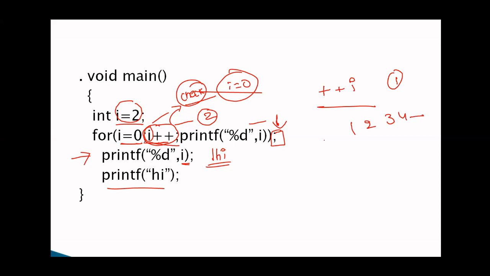When does it stop? It does not stop. Why? Because this is the pre-increment. Every non-zero number is true. The process is repeated. If it is a post increment, it first checks the condition. That is the reason first 0 is the terminating condition, and then it performs the post increment.